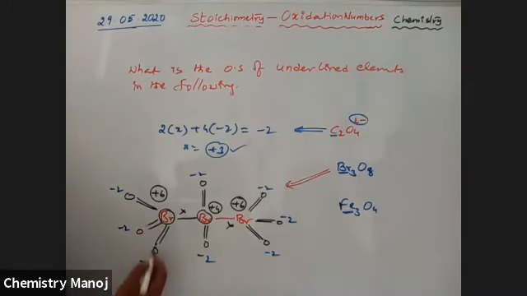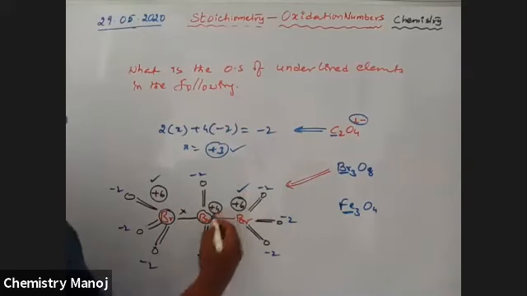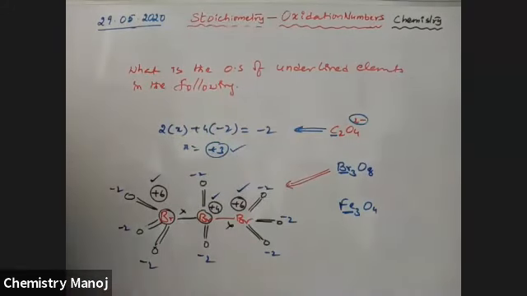Now what are the oxidation states of bromine? One is +6, another one is +6 and the central one is +4. These are the oxidation states of bromine. So very, very important, please keep in mind, it is the structure. If you don't know the structure, it is not possible to find out the oxidation states of these elements.